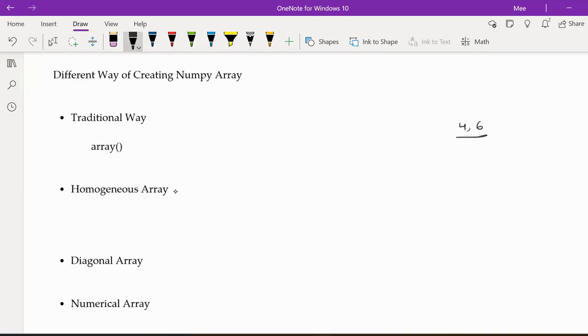4,6. Okay, we have 4,6. Now that is nothing but 4 rows and 6 columns. All you have to do is give this shape. And what this homogeneous will do is it will generate the data based on their default values. For example, if I have a method called over here